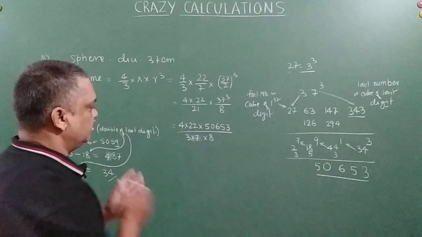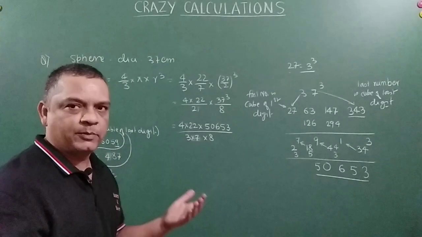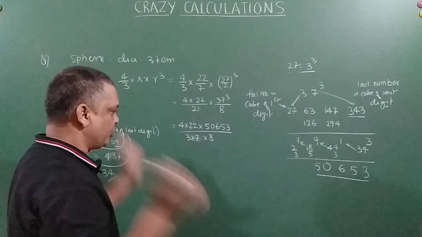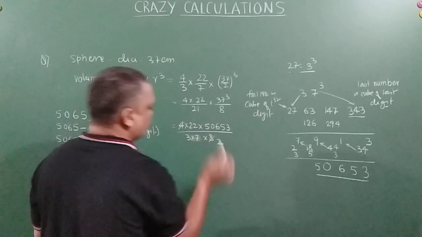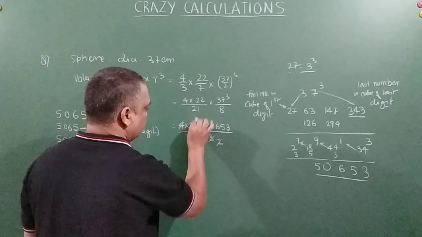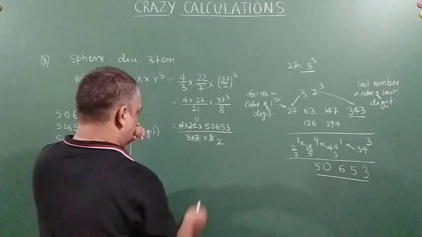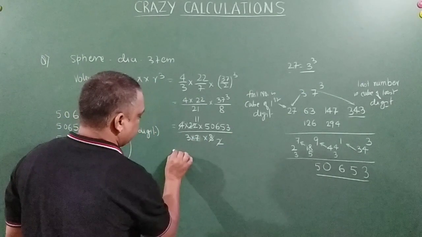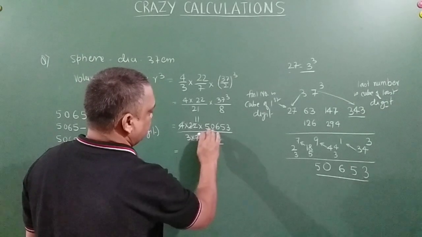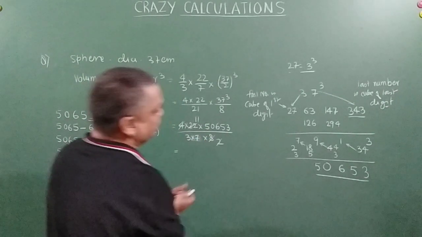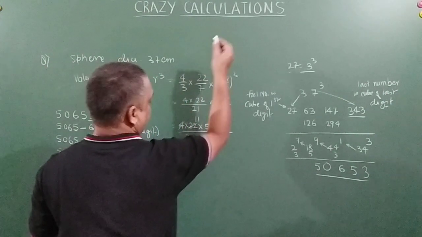Okay. Then once it is found that it is not divisible by 7, let us cut all the numbers, whatever is possible, and then proceed further. 4 to the 8, 2 into 11, right? So this will remain as it is. Now we know this 50653 is multiplied with 11, right? Let me tell you here.